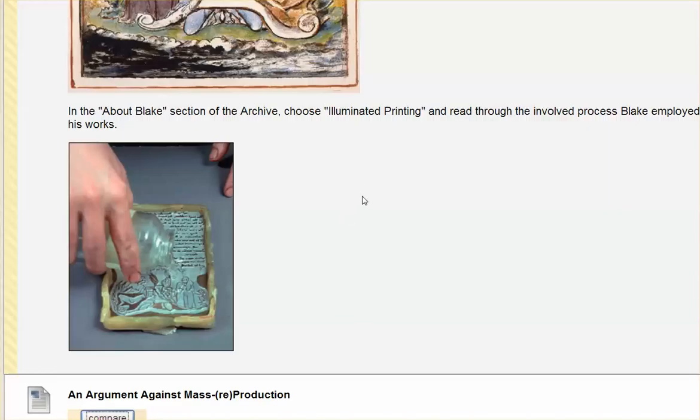And the interesting thing to note is how physical the process is, etching into metal that we see here, working on a copper plate here, the application of an acid that will eat away certain areas of the plate that aren't protected by this material that he would apply to it.